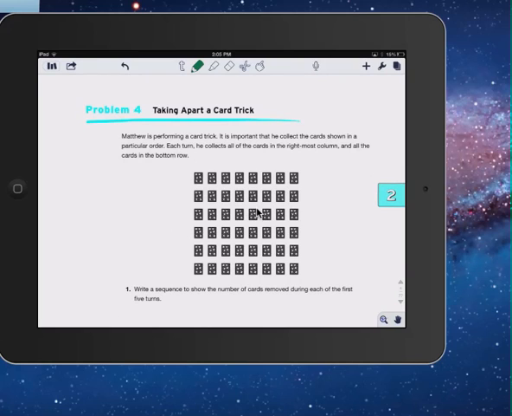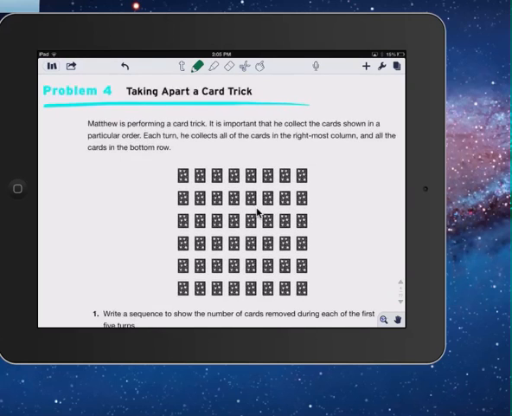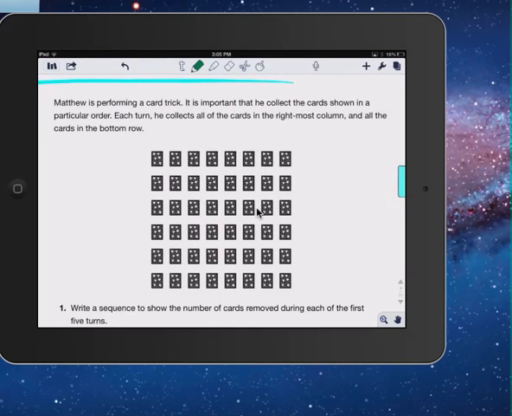Okay. This says Matthew is performing a card trick. Didn't you say 2? Problem number 4. Right there. Look up there. Leader, can you please read for your table? Number 2. Yes. Leader, please read. I need to hear the leader read. How is the number of Matthew's cards performed in each turn? It is important to see that